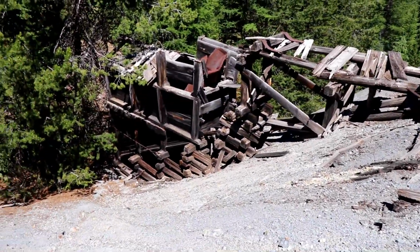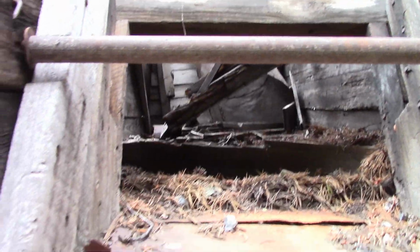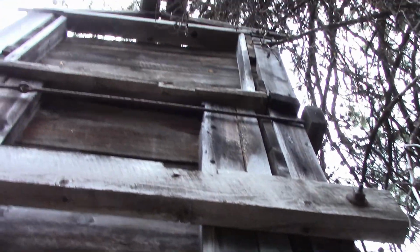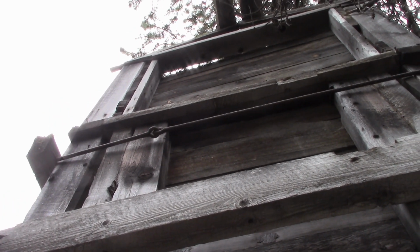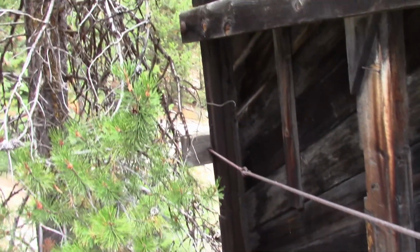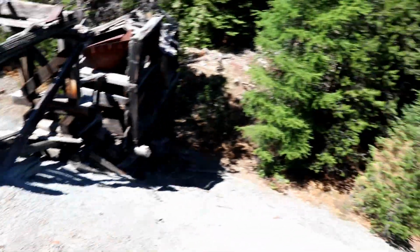But here's this pretty cool little ore bin. And all those bolts, I don't know, this could be an old one, come to think of it, because last year when I was down there around it, all those bolts that go around it are all hand forged. Those are quite a lot of work that went into those big long bolts. The eyes are all hand forged. It's pretty amazing. Now what that fed into, I'm really not sure. Whether they backed a vehicle up there or a wagon and filled it up, and I'm not sure what they were doing there, but across the way